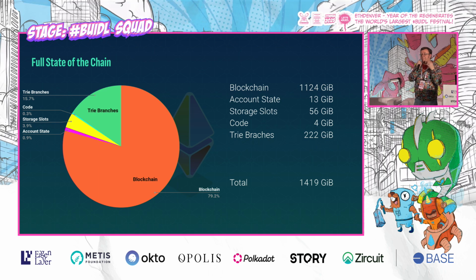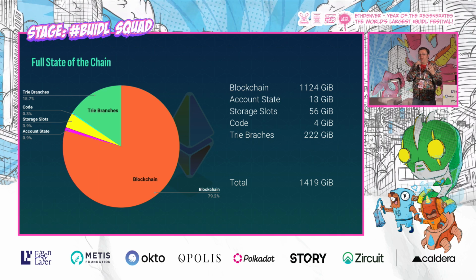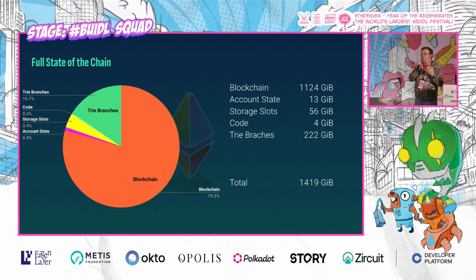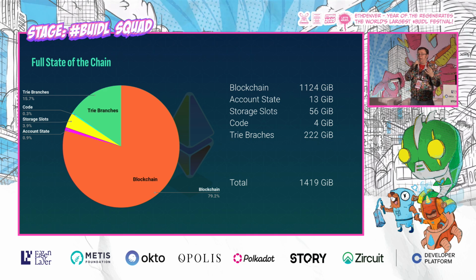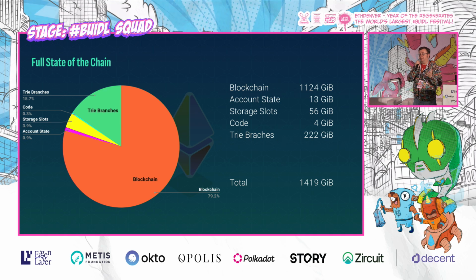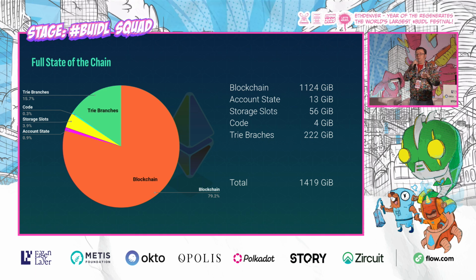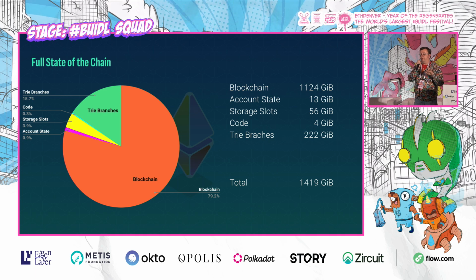15% of the data is the metadata of the tree that holds it up. So 80% of the data is literally just the list of all the transactions that Ethereum has had for the entire history of Ethereum, if you're following the rules. If you're not following the rules, you can chop it off. But the rules right now say that you're supposed to download every single transaction for the whole history of Ethereum. And that's why the blockchain keeps growing.